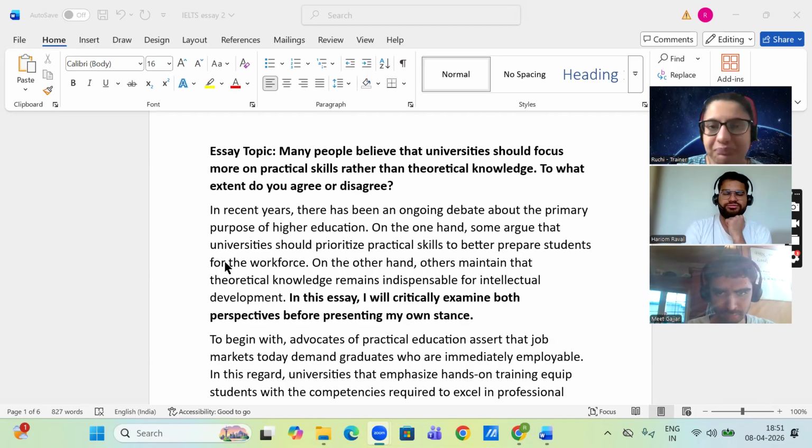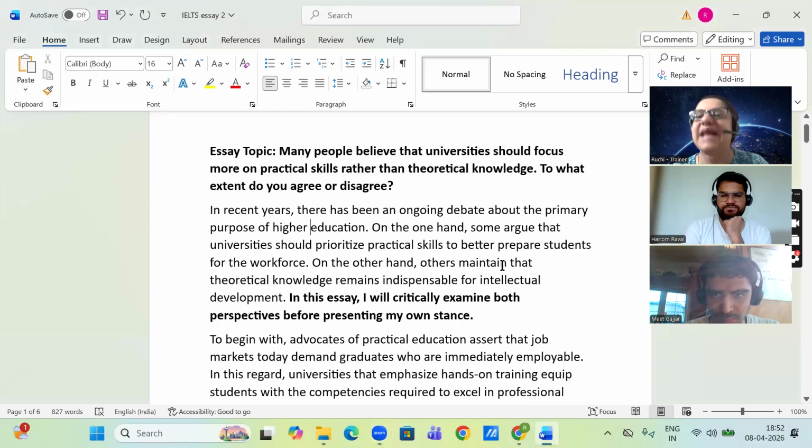Okay. So I'll repeat this sentence again. On the one hand, some argue that, some claim that, some assert that, some argue that universities should prioritize practical skills to better prepare students for the workforce. On the other hand, others maintain that, others challenge this opinion, others believe that theoretical knowledge remains